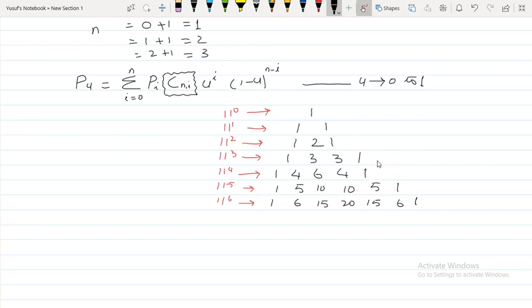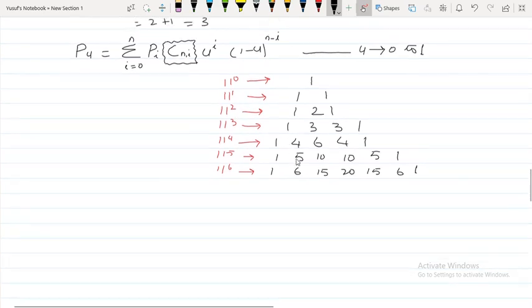Which row we have to choose depends upon the value of n. If n is 0, you have to choose the first row. If the value of n is 1, you have to choose the second row. If the value of n is 2, you have to choose the third row. So n is the number of control points plus 1. First, I have to identify the order n of the equation, and then by using n, you have to choose the constant. For example, I will write the equation for zero control points.